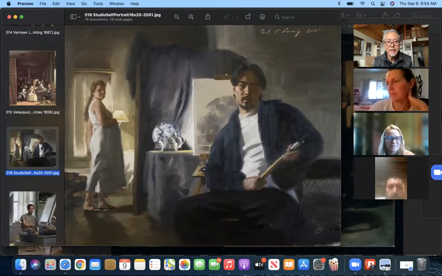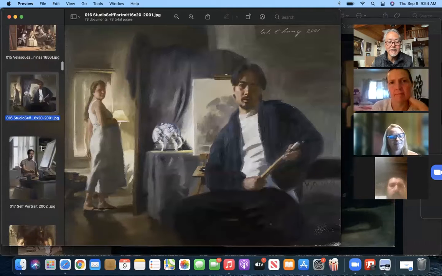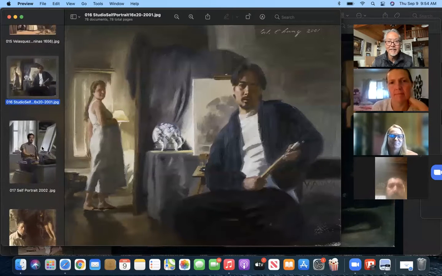I was living in a farmhouse in Petaluma, and my wife was pregnant with my older son. I caught her walking across the room as I was painting. Surprisingly, this painting sold immediately, I think on opening night at some exhibition in Chicago. It tickles me to think that this painting is hanging in somebody's house, with my pregnant wife walking across the room.